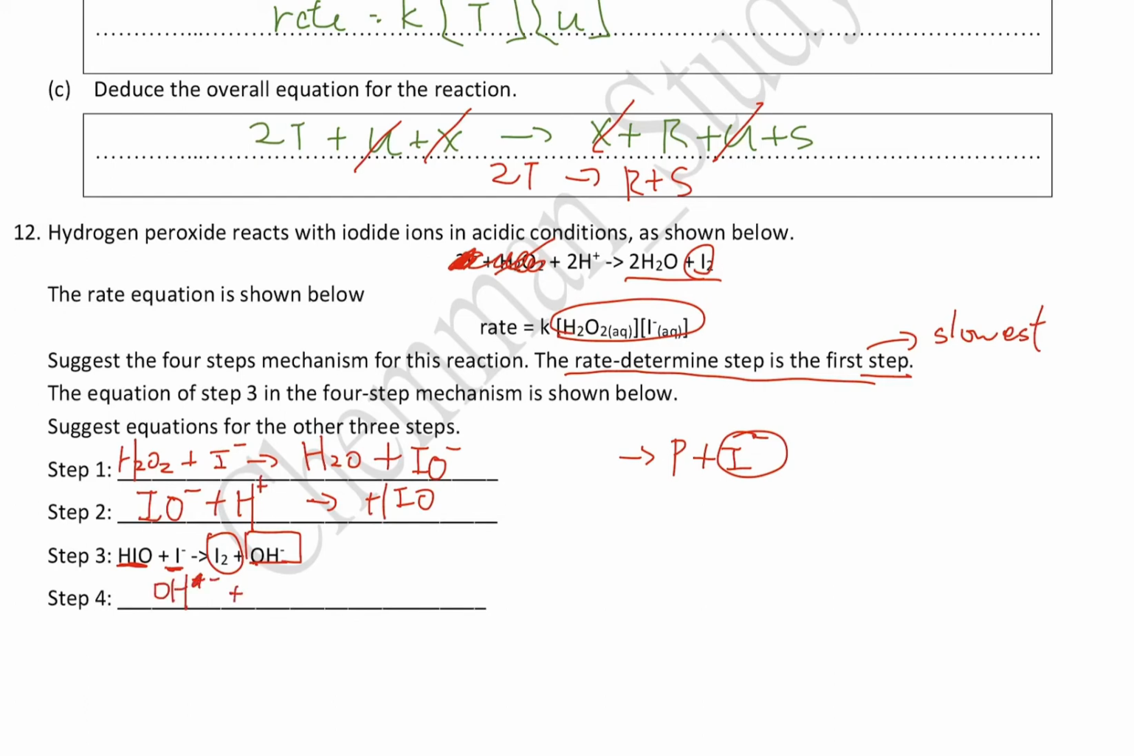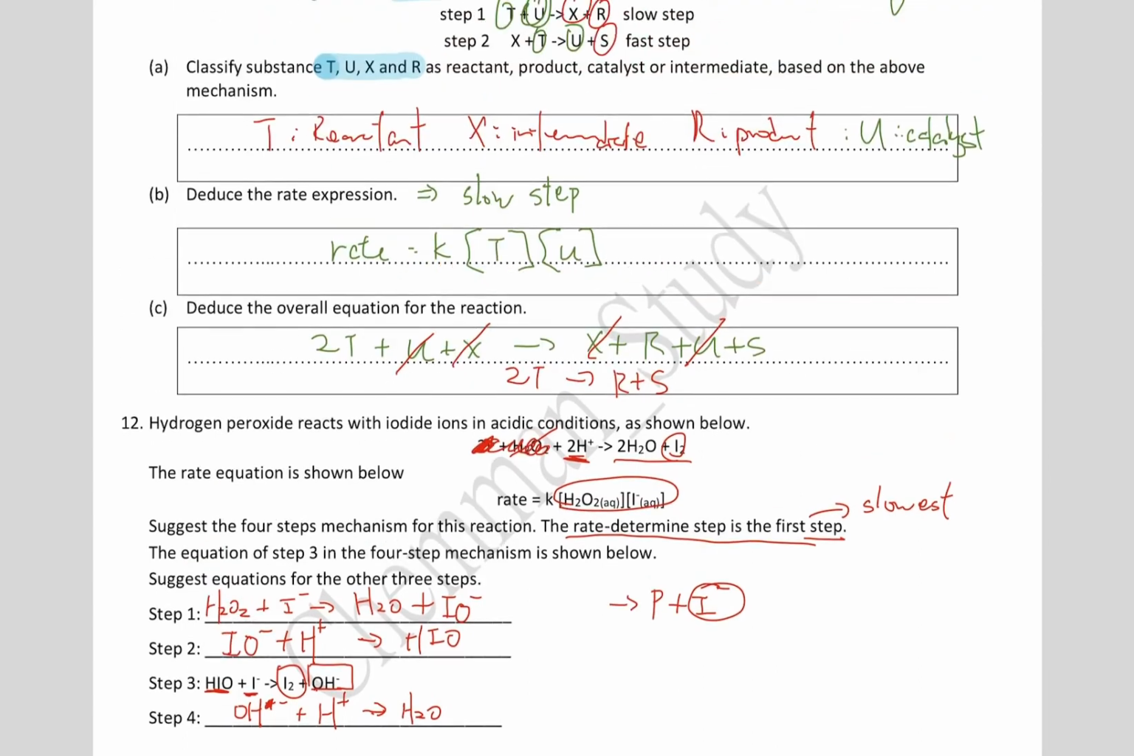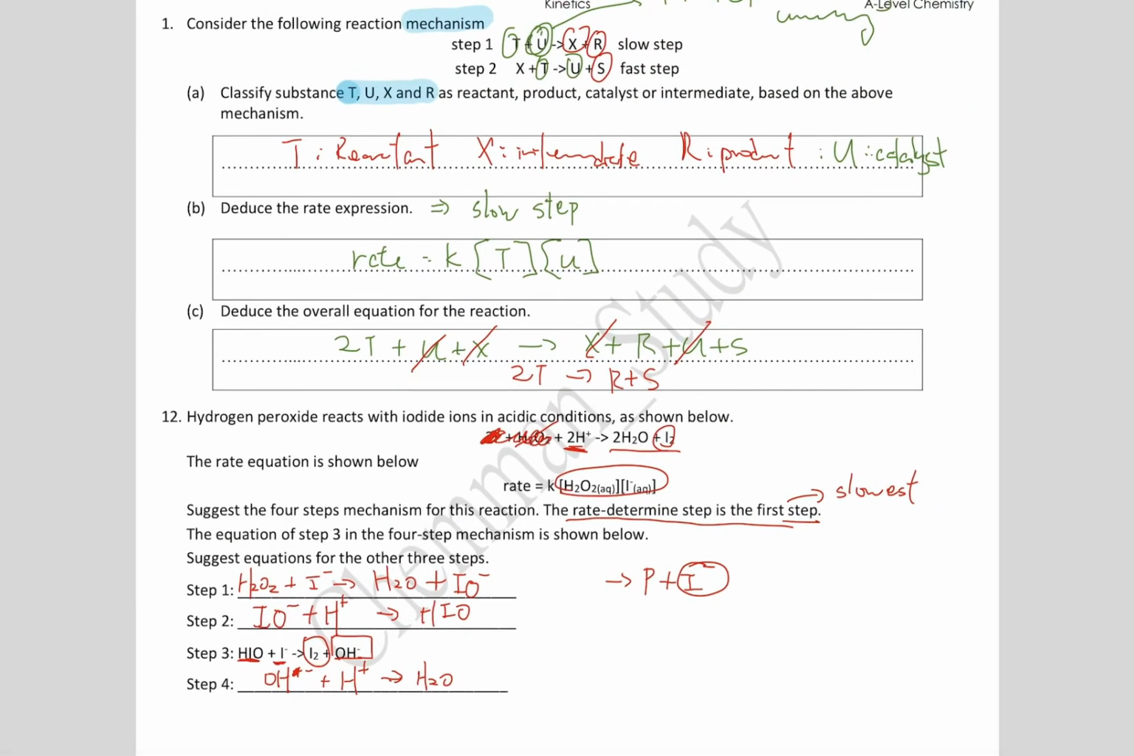And then the only thing that we haven't included in the mechanism will be one of the H plus. So here we must be adding H plus, and then combine, and then give you water. Then here will be the overall mechanism. So here will be some sample question to demonstrate how you do some important question for rate equation and then